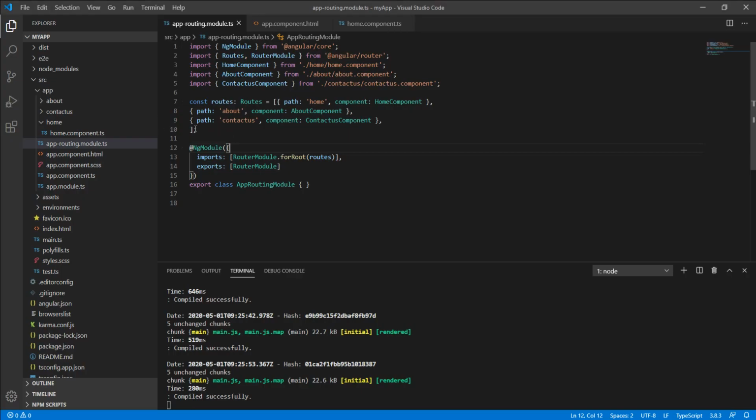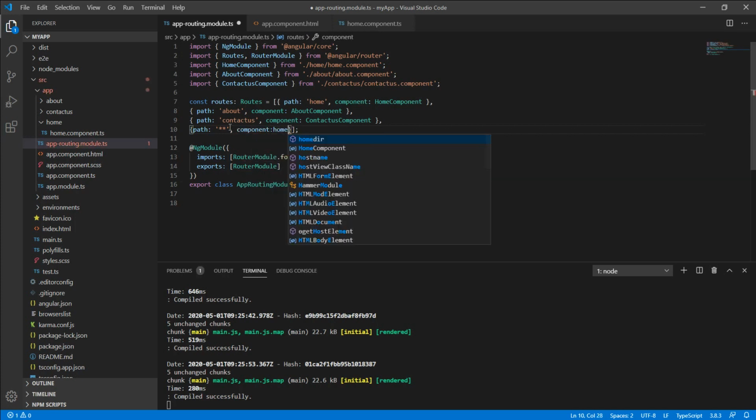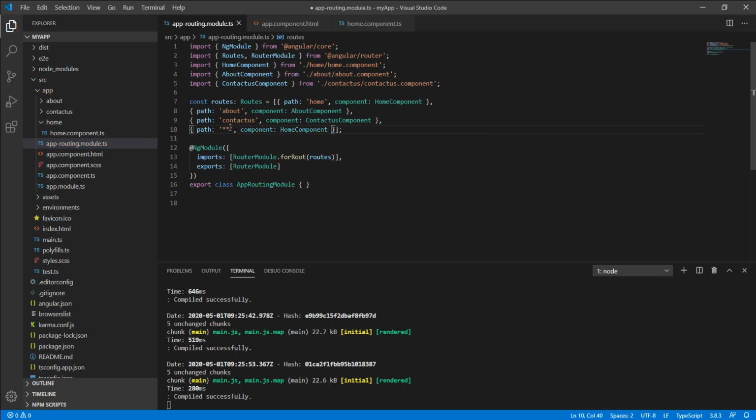So on that note, you can mention a default component here using path. You can have two asterisks, not one or three, only two asterisks, and later you can define the name of the component. So here we are going to define the home component.